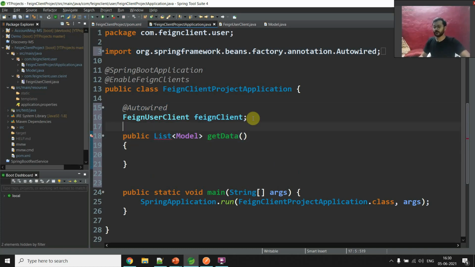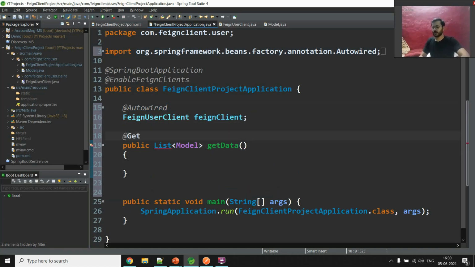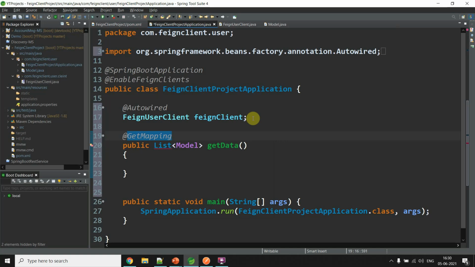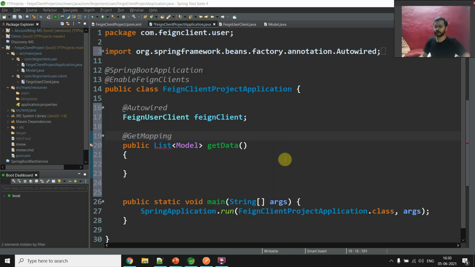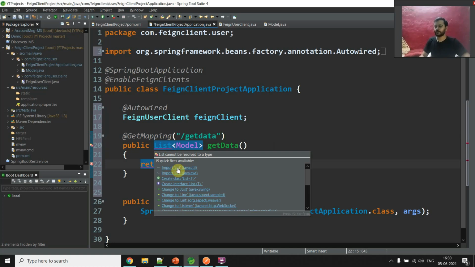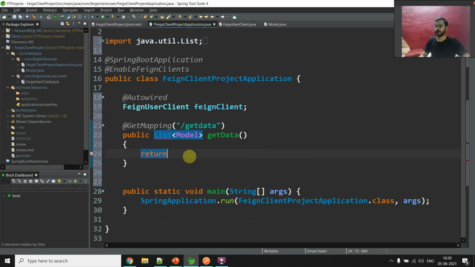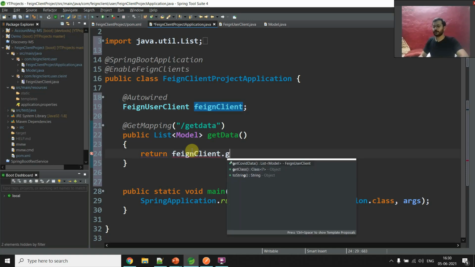Okay, and for this also we will say get mapping, and whenever you call this it will say which URL we will call, get data. Okay, fine. And in return, let me first import this list. Return just this and call that particular method.